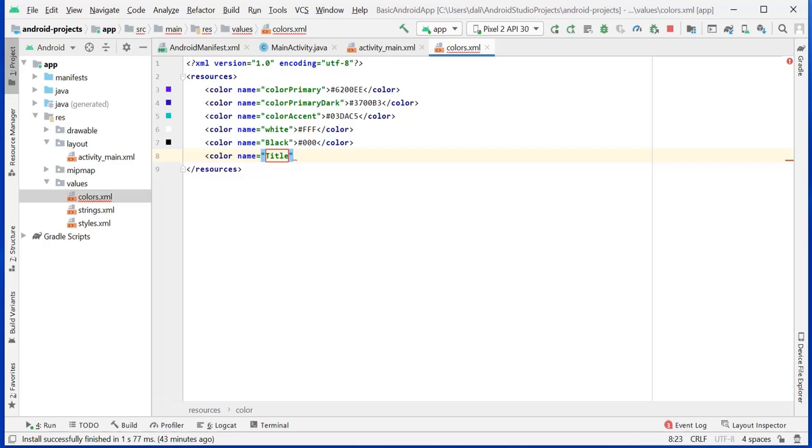So title text, make it title text example one color. Okay, this is a little gray color, or we can make it a little different.